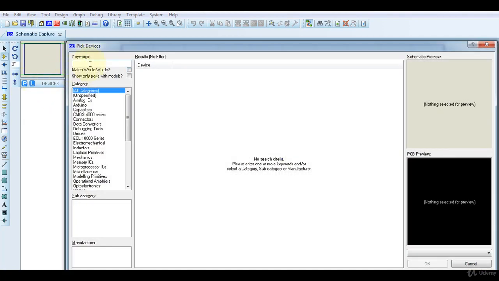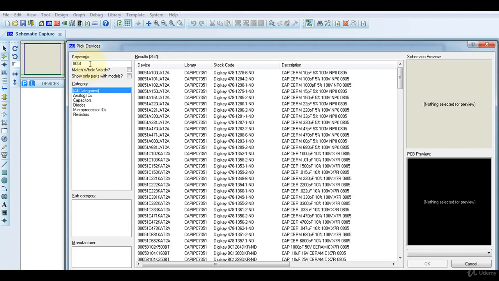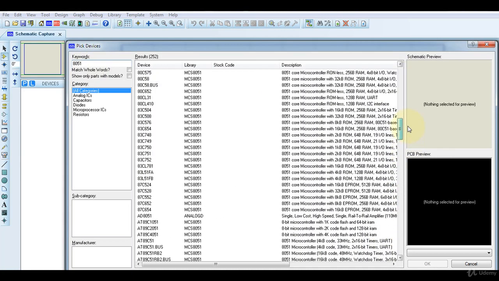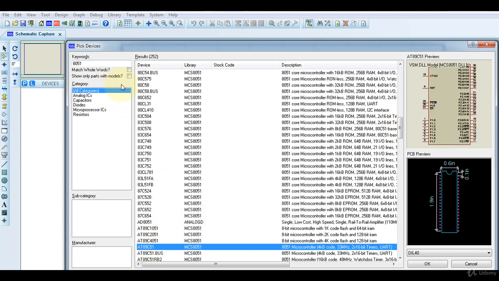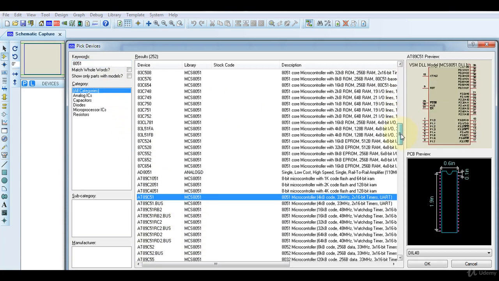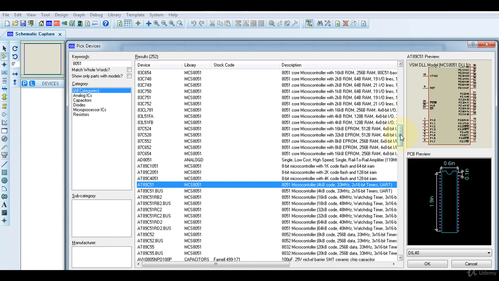Click P and type 8051. You will get many microcontrollers related to 8051. The microcontroller that we used while writing code in Keil software was the P89V51RD2 microcontroller from Philips. That particular microcontroller is not present in the Proteus library, so you can use any other microcontroller also.